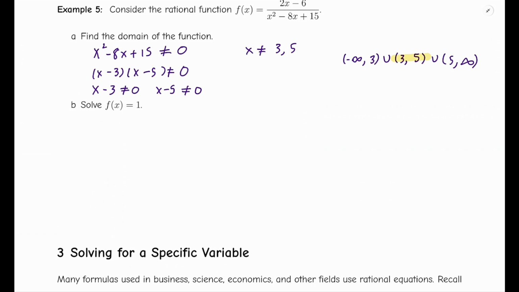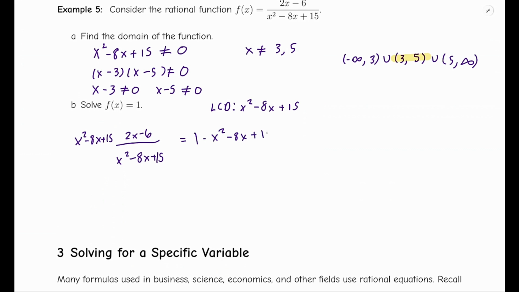Solve f of x equals 1. Well, f of x is 2x minus 6 over x squared minus 8x plus 15. So I want to figure out when that equals 1. Well, the LCD is quite obvious because there is only one denominator, so that has to be it. So I'm going to multiply by the x squared minus 8x plus 15 on both sides. It cancels out on the left-hand side, and we're left with 2x minus 6 is equal to x squared minus